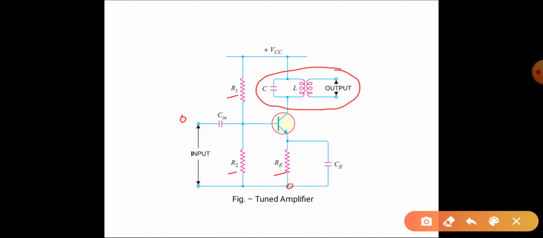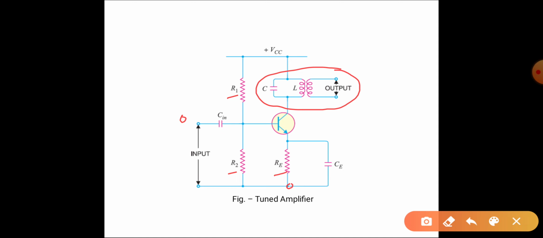So what is resonant frequency? Resonant frequency means when this tuned circuit frequency and the input or your signal frequency match, only there does it offer a very high impedance. Otherwise a very low impedance is offered, hence the other frequencies will not be amplified.